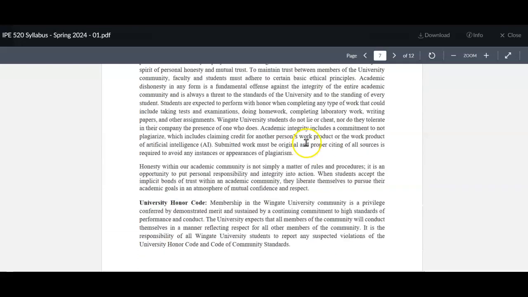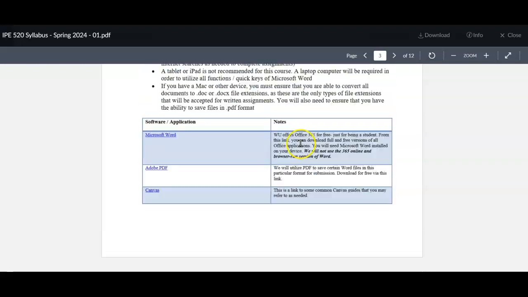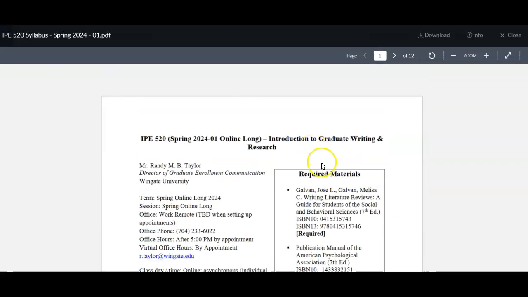If you have any questions, let me know. From here, be on the lookout for the first actual course module that will have some introduction items. We will do a thorough introduction to graduate writing and research. I will provide some refreshers from undergrad to make sure you all are comfortable with the foundational and theoretical aspects of research. And then don't worry if you're apprehensive about the writing and writing ability, I will help you with that. Again, this course is here to help you bridge the gap to get you where you need to be.